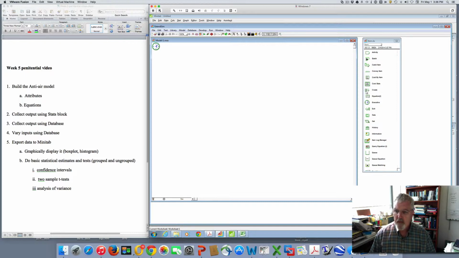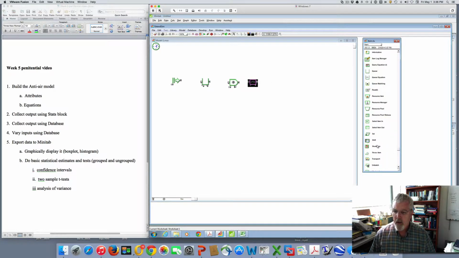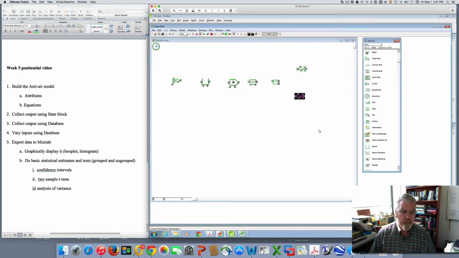We're going to create the targets. They're going to go into a queue. From the queue, they're going to go to a server. From the server, they're going to go to an equation, which classifies them as did they get done in 2 minutes or not. Then they're going to go to a select item out block to be sorted based on that attribute value. And from that, they're going to go to exits, where we'll collect them, and they'll exit the simulation. We'll have 2 different exits depending on what their status is. So we'll first build the model, make sure it works, then we'll talk about collecting statistics using a stats block